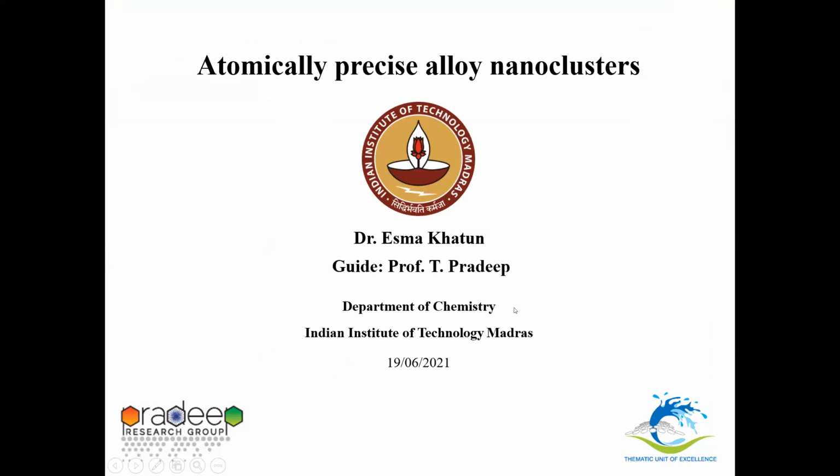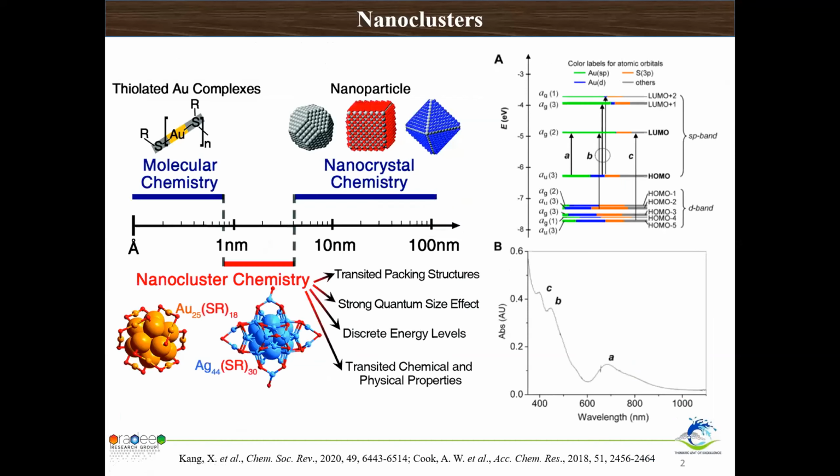A very good evening to one and all. Myself, Esma Khatun. I have completed my PhD degree under Professor Pradeep. Today, I will be talking about atomically precise alloy nanoclusters. So, nanoclusters are special types of nanoparticles which are composed of a precise number of atoms, and their size falls between 0.1 to 2 nanometers. They are stabilized by various kinds of ligands such as DNA, RNA, protein, peptide, thiol, phosphine, etc. And they are represented by the number of metal atoms and ligand molecules present, such as Au25L18, Ag44